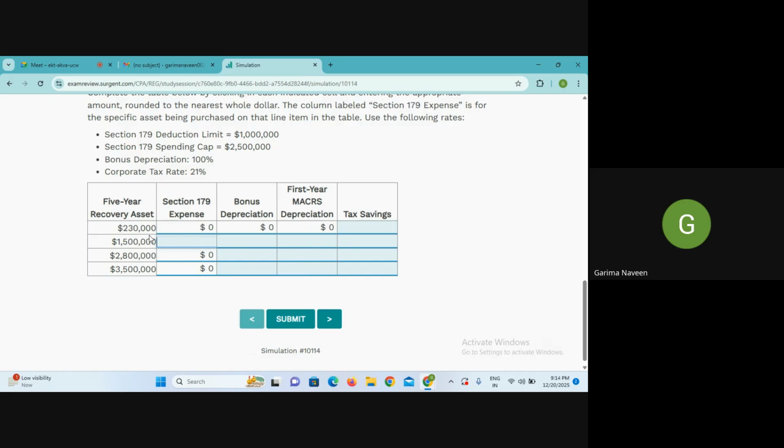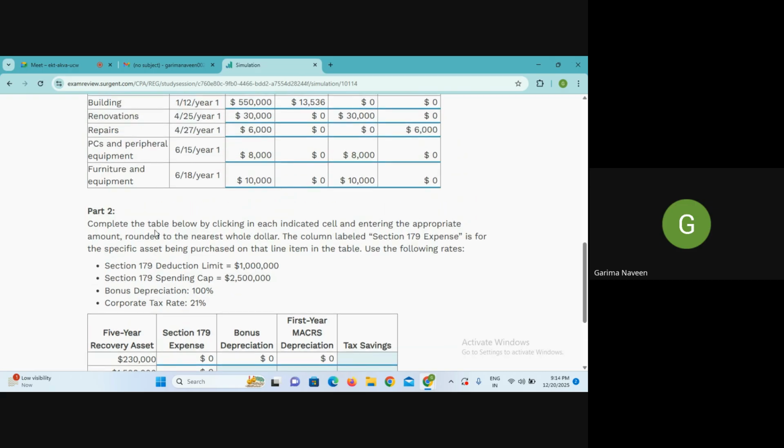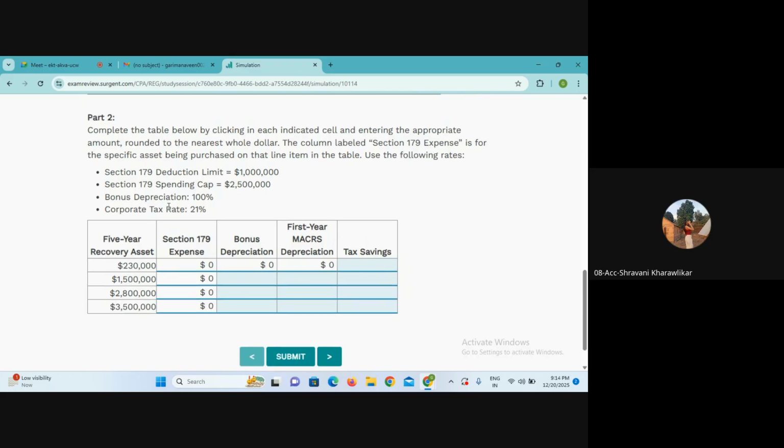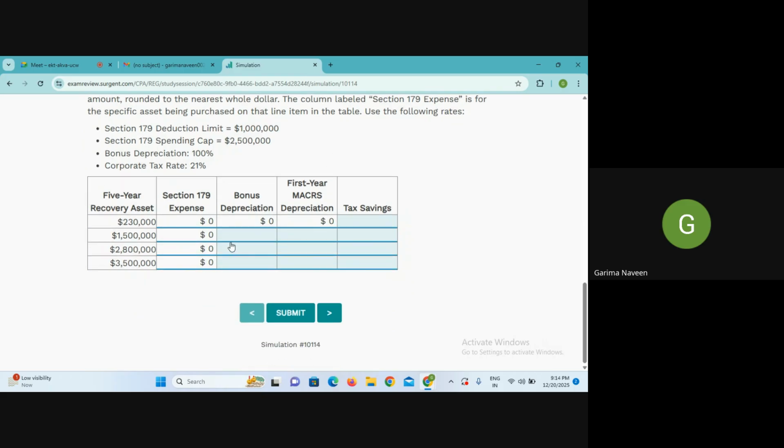आई डोंट नो, क्वेश्चन आपका इनकम्प्लीट है कि ये सारे असेट्स आप एक साथ पुट कर रहे हो यूज में, या कैसे हैं कि एक ही कंपनी के हैं या डिफरेंट केसेस हैं। लेकिन अगर आप सेम कंपनी के ये असेट्स ले रहे हो, ध्यान रखना, आई थिंक ये आपका इंडिविजुअल केस है बिकॉज कुछ इंफॉर्मेशन गिवन नहीं है। लेकिन अगर आपको ऐसे देते हैं कि सेम कंपनी के ये सारे असेट्स हैं और इन असेट्स का टोटल कितना ज्यादा जा रहा है, 2.5 से अबव जा रहा है ना, और बहुत अबव जा रहा है, सो डेट मीन्स यहाँ तो कंप्लीटली फेज आउट हो जाएगा, 179 किसी के लिए भी नहीं क्लेम कर पाओगे आप।